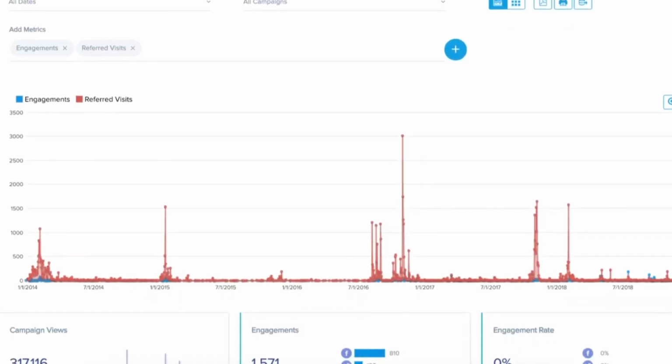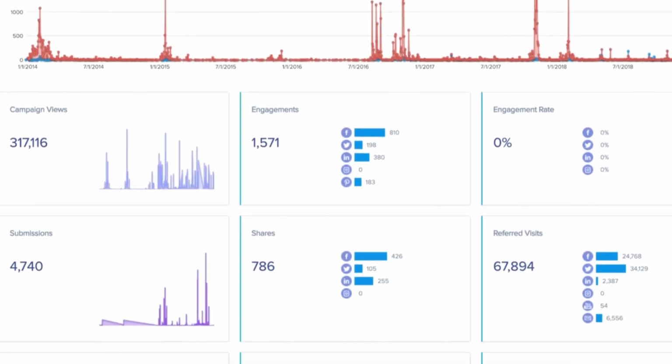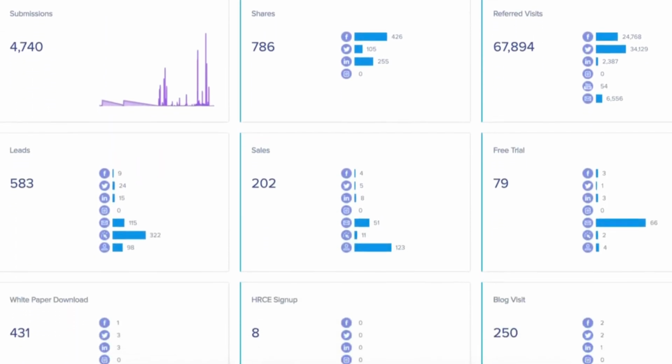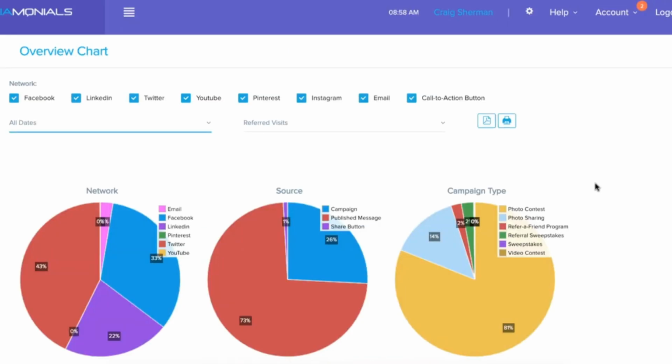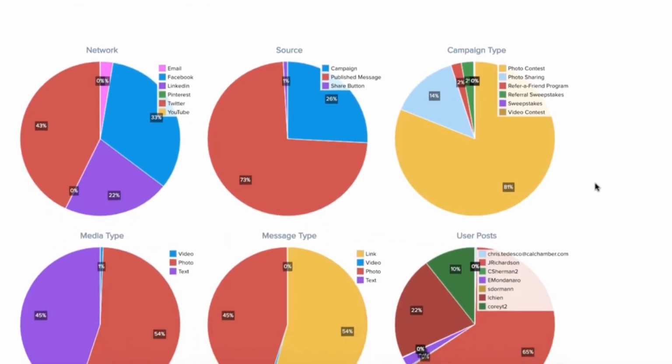Finally, Sociamonials provides key analytics to optimize your campaigns and boost your ROI. Head over to the at-a-glance analytics dashboard to measure the success of your campaign. With many powerful charts and stats,